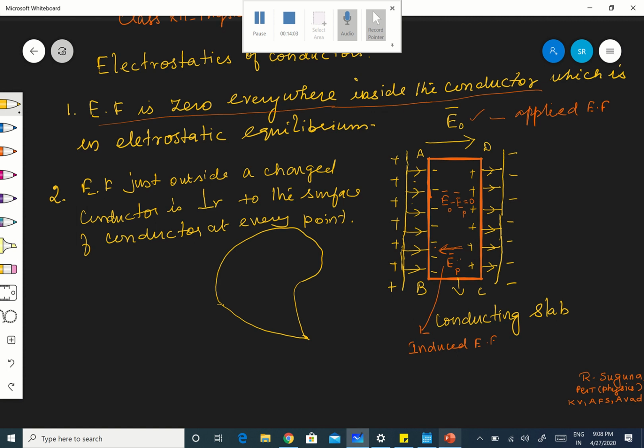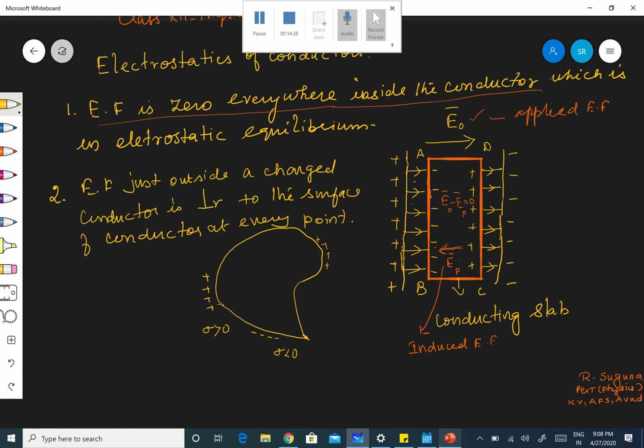Now let me give the charge. See here, this conductor is given a charge. On this side positive charge is given, and here let it be negative. At different points I have some charge. Let it be positive in this area. Here the surface charge density sigma will be more than 0, and here the surface charge density will be less than 0. Why? Because it is a negative charge, na? Therefore, it will be less than 0.